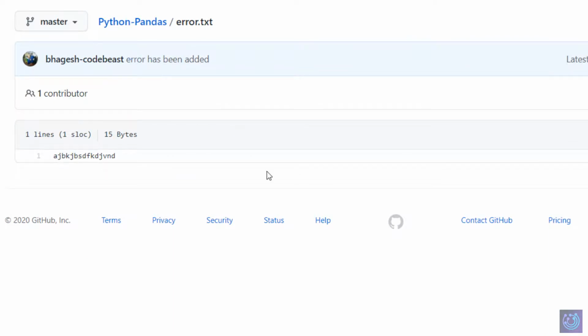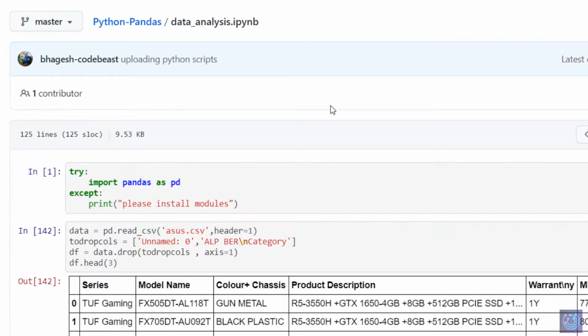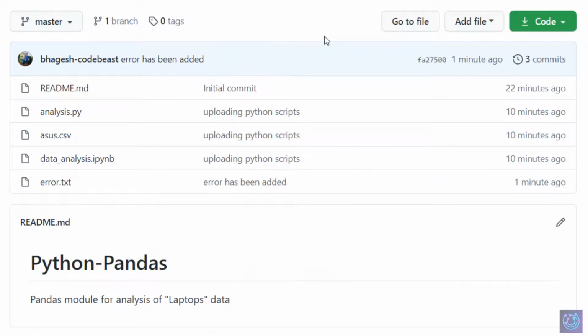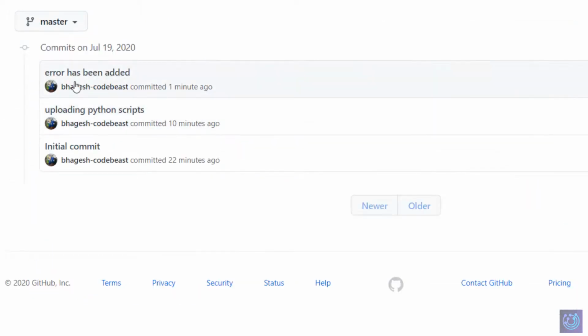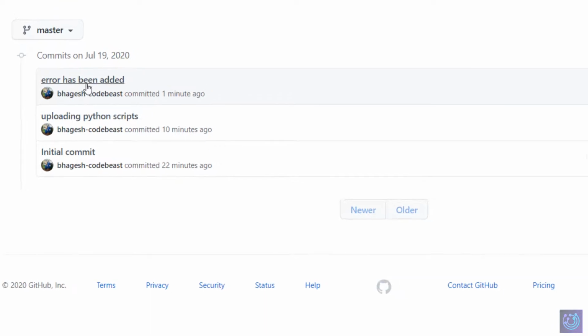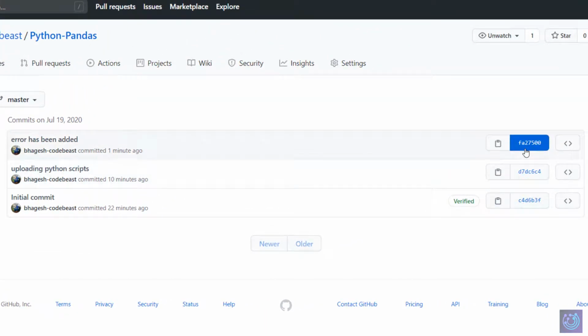The next thing is how to check the history, or how to see what changes you have made over time. You can check it right from here by clicking on commits. It will show you all the commit messages, along with a code which you can copy if you want to roll back. I'll show you how to do that in a while.